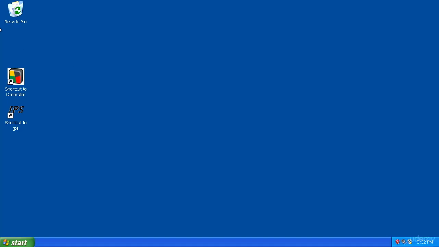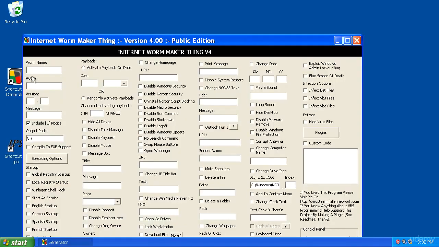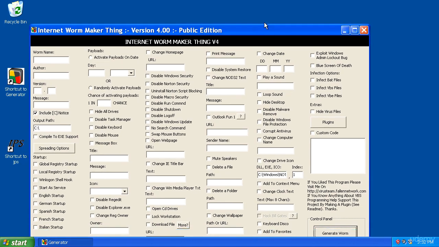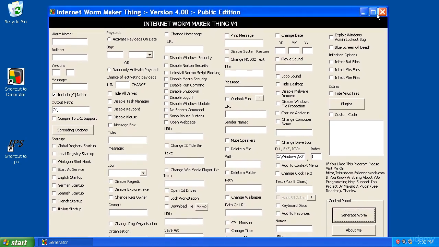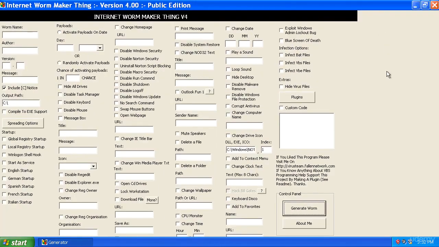Now this program is called the Internet Worm Maker Thing, and it's a little bit different than the social media worm because this is intended to spread really through any vector, and this tool actually gives you some more options in terms of the executable itself and how we configure it. So we can give the worm a name, call it wasworm,